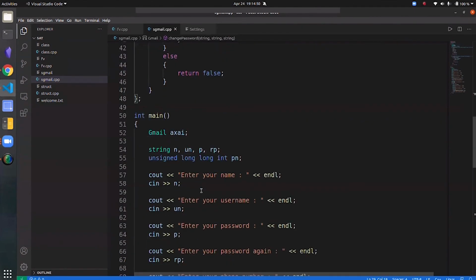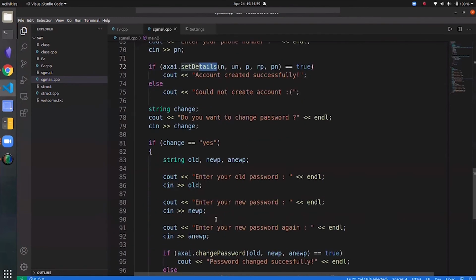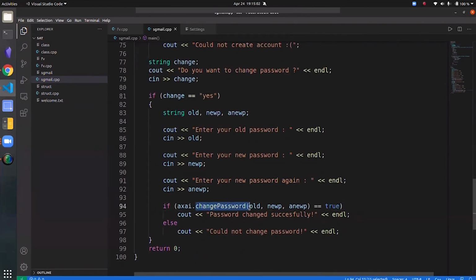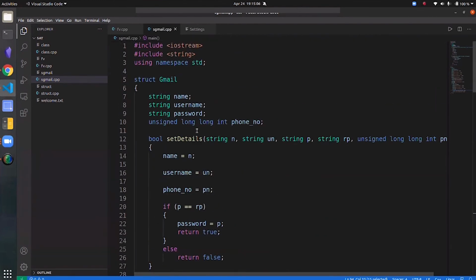So as you can see here, I'm able to access these functions, the set details function and the change password function, outside of the structure. It simply means that these members are public.